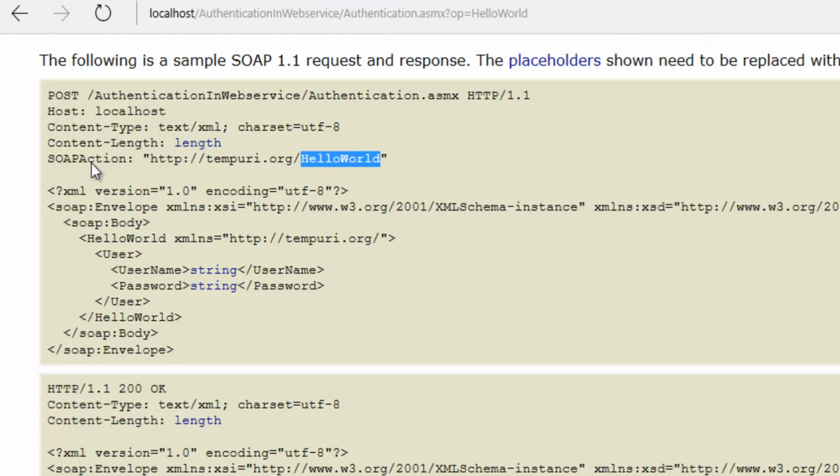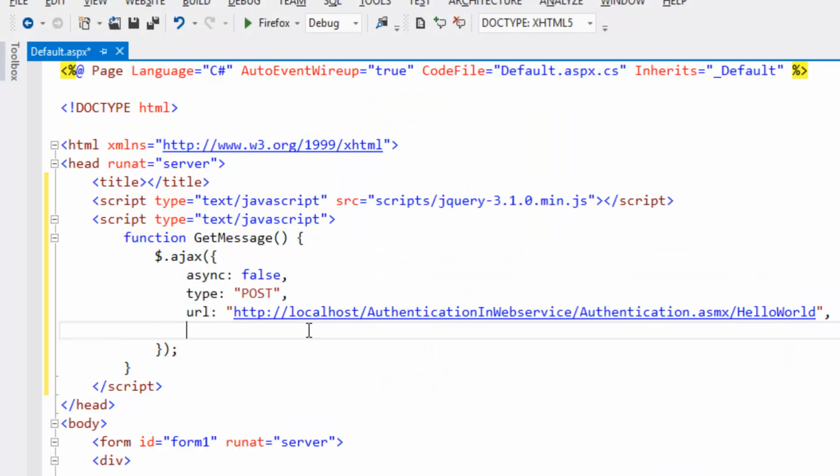And this is a post request for the web service, and the data that we have to define is